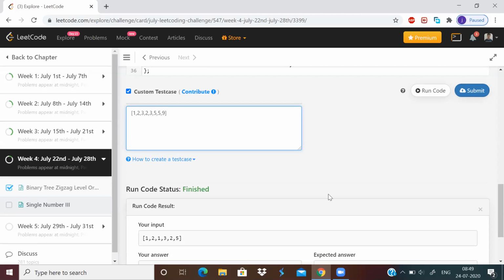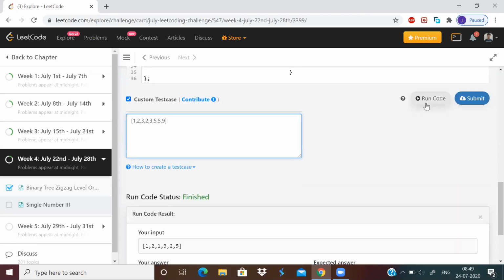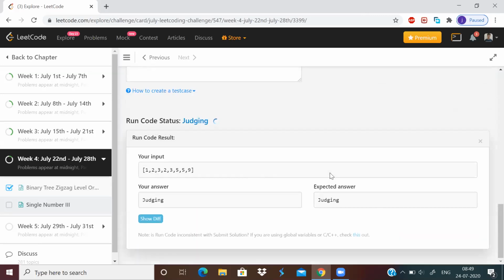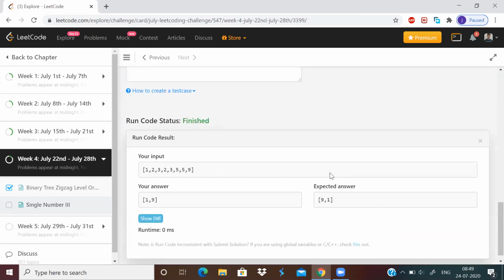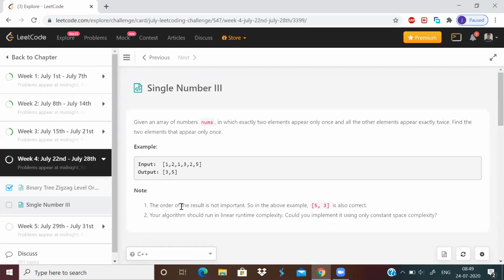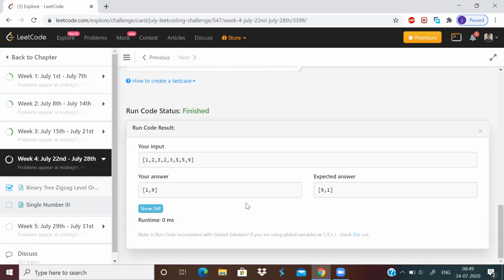It should return 1 and 9 because 1 and 9 appear only once. Okay, it's working. My answer is 1 9 and the expected answer is 9 1. The order is different, but the problem statement already mentions that the order of the result is not important. So it's okay.